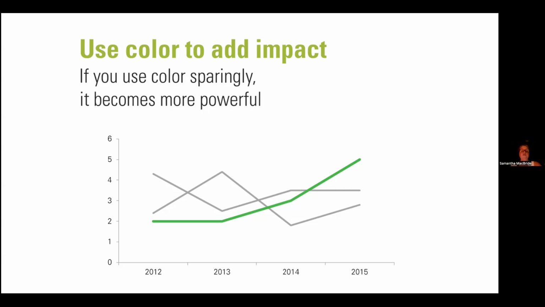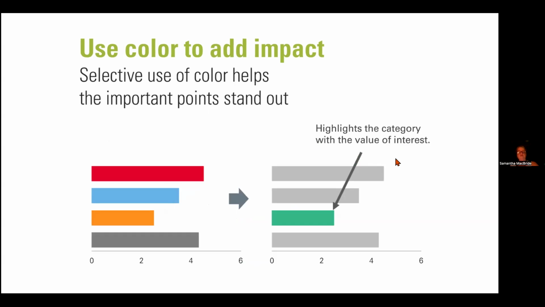And these are symbolic meanings of color. The color green has all sorts of different symbolic meanings, as I'm sure you well know, not just sustainability. So this is just another example of how using color, but not too much color, can